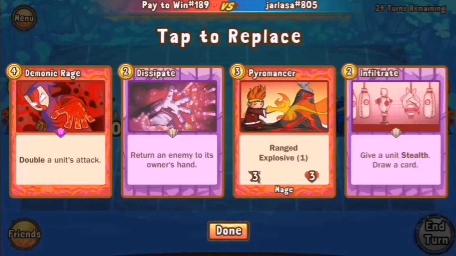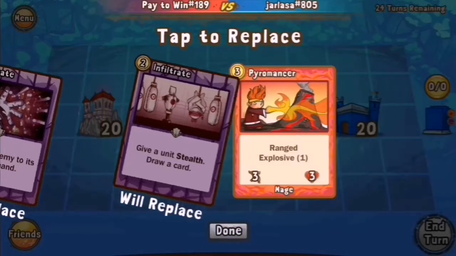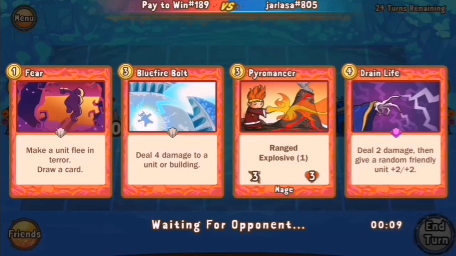Okay, so we have a Pyromancer against Jirelse. I don't know how to pronounce that. But we'll go and sub out all the spells, keep the Pyromancer, and get more spells. That's very nice. So